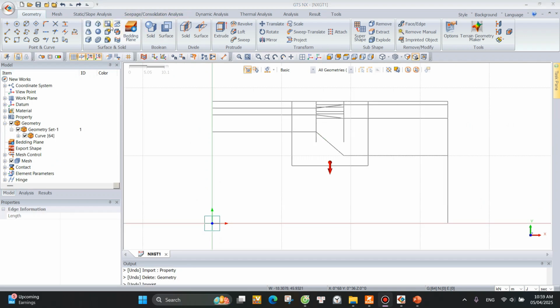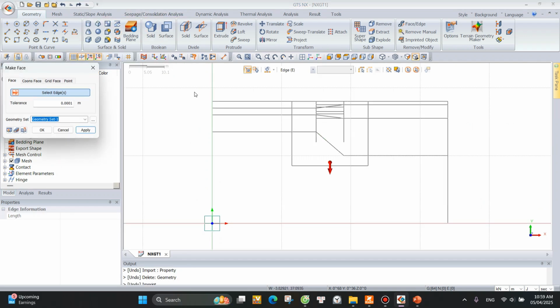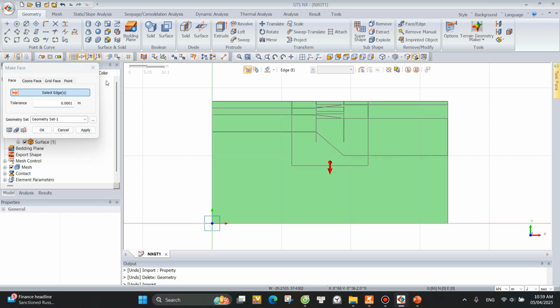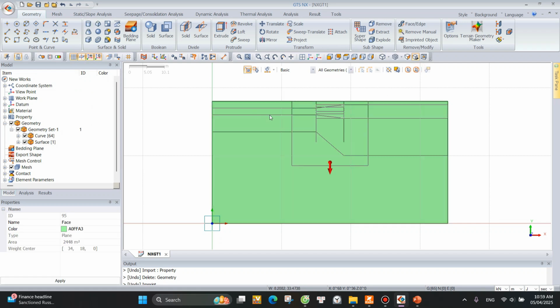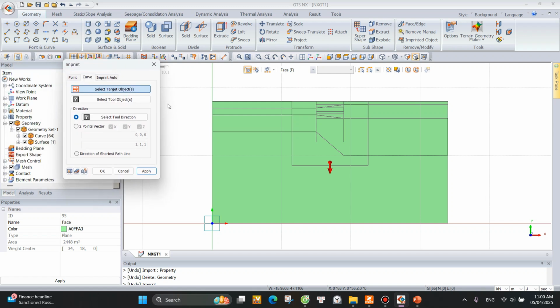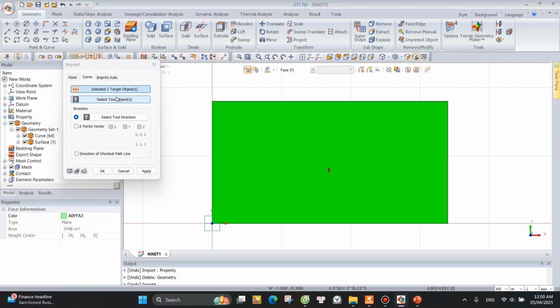The next step, you will choose make face, to make a face for your model. And you select the cover area, and then click apply. So you have the full area in here. This is the face you create for the cover, but you have some lines and regions, so to separate the regions in here,